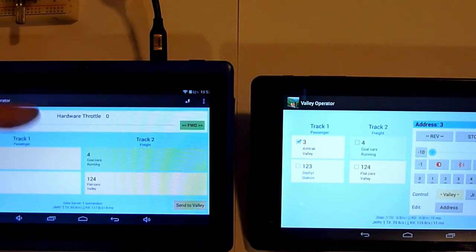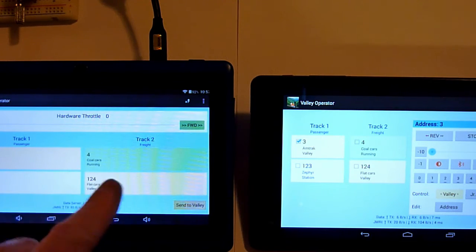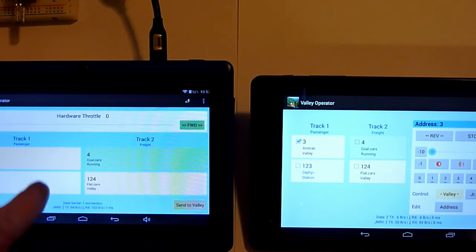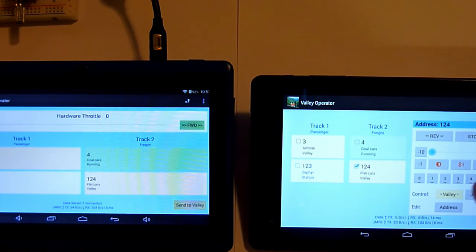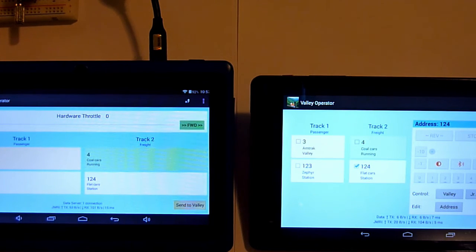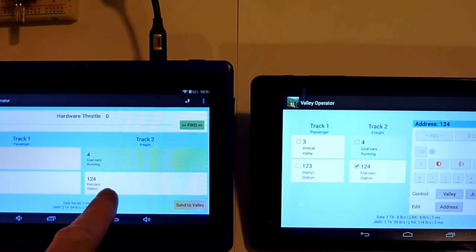At the end of the run, while the train is running, the valet operator here can select the next train, and he can bring it to the passenger station. It's going around, he stops it, you put it in station mode, controlled by station, so it's just waiting. And notice he cannot control it anymore. And now here it's white, it's ready.